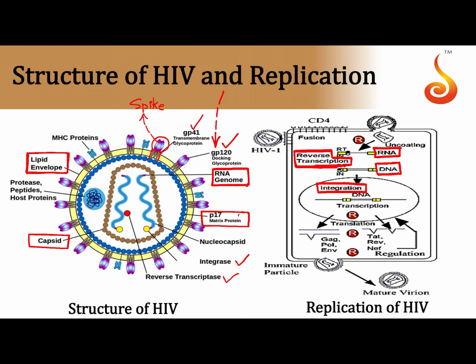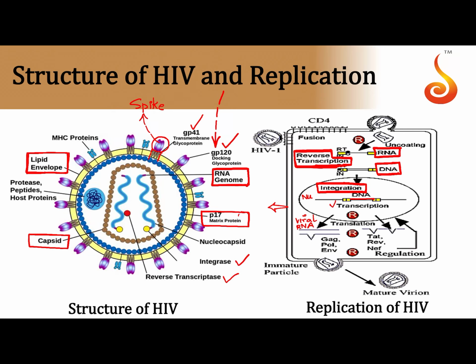The host cell happens to be a T helper cell. So this is the T helper cell which the HIV is attacking, and this is the genome, the nucleus of the T helper cell, in which the double-stranded DNA is getting integrated. It's literally hijacking the genome of the T helper cell. Once it's hijacked the genome of the host cell, it will start transcribing more and more copies of viral RNA. So the viral DNA that is sitting inside the nucleus will synthesize viral RNA. Some of the viral RNA will synthesize viral proteins.